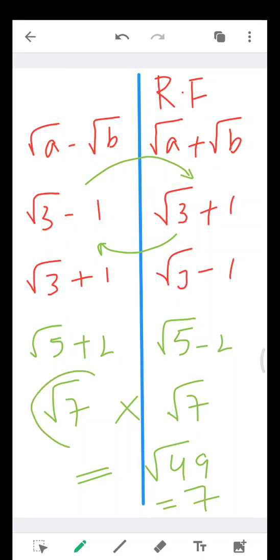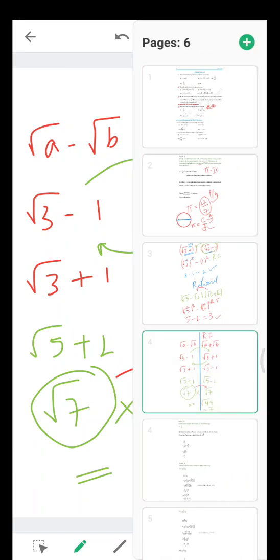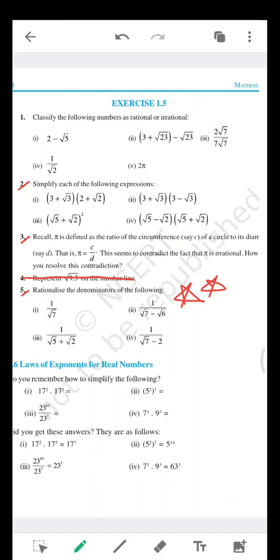So how to convert this irrational number into a rational one? Multiply it with the same term again. When it is a single term, you should not change any sign. When there are two terms, minus becomes plus, plus becomes minus. So this is the basic concept of rationalizing factor. The other name of rationalizing factor is conjugate. What is the other name of this? Conjugate. Okay, so now he is asking, rationalize the denominators of the following. So we will see